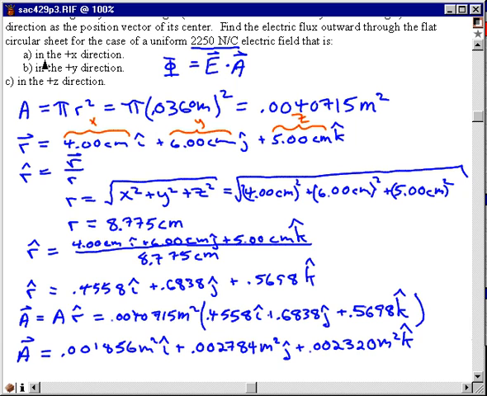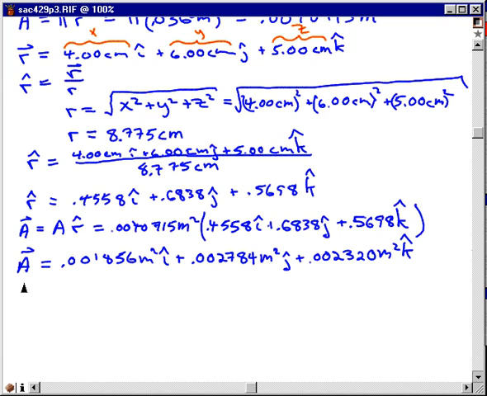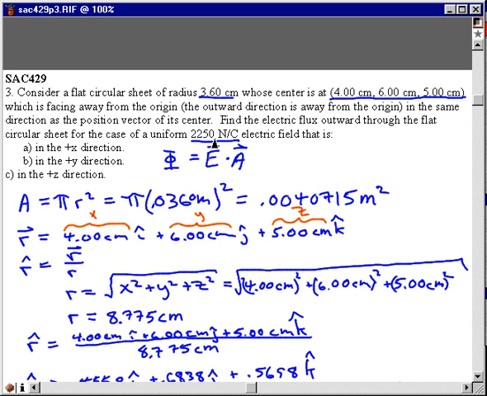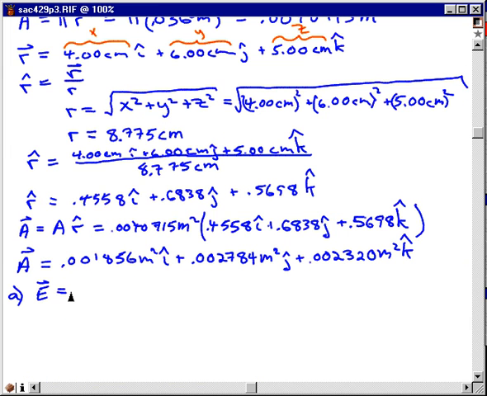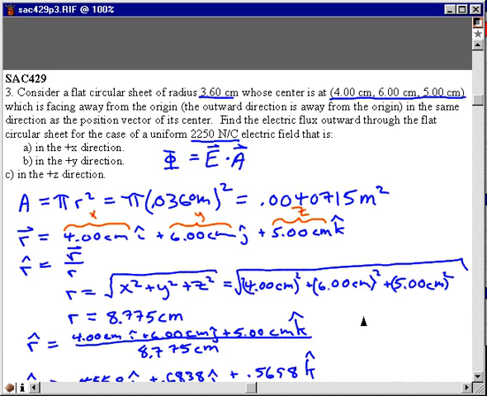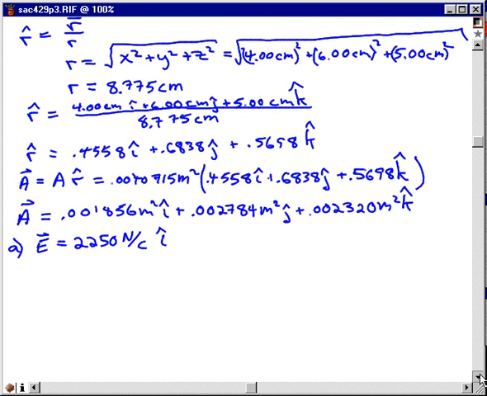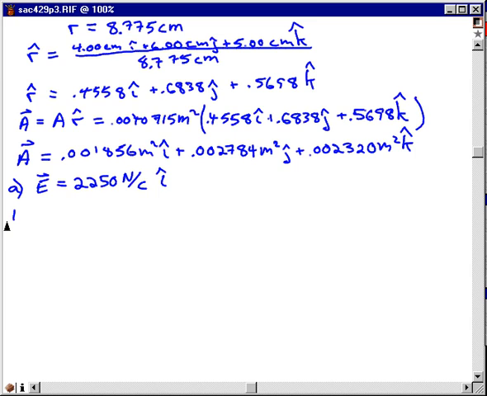And now we're in a position to calculate the flux. Remember that was going to be E dot A for part A. The E is going to be the given value, 2250 newtons per coulomb, times I, making it a uniform electric field in the positive x direction, because the unit vector I is in the positive x direction. And what we're supposed to be calculating here is the electric flux, phi, or phi sub E if you prefer. I'm just going to write it as phi, E dot A,